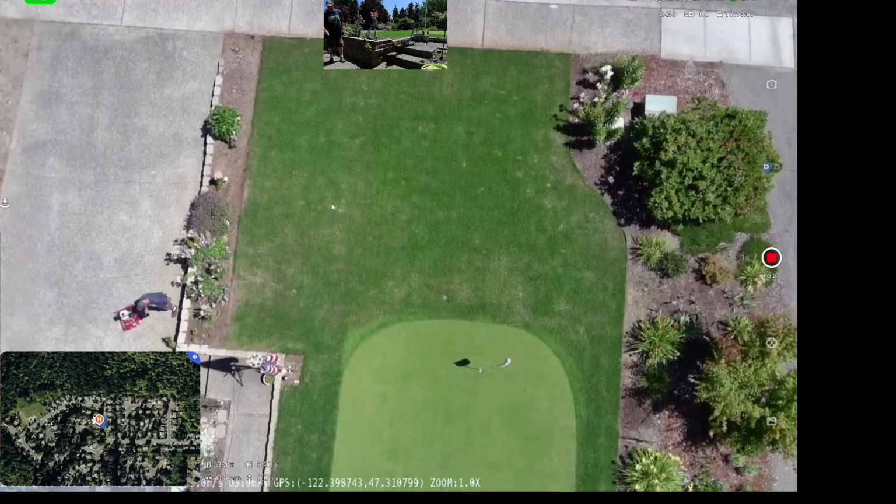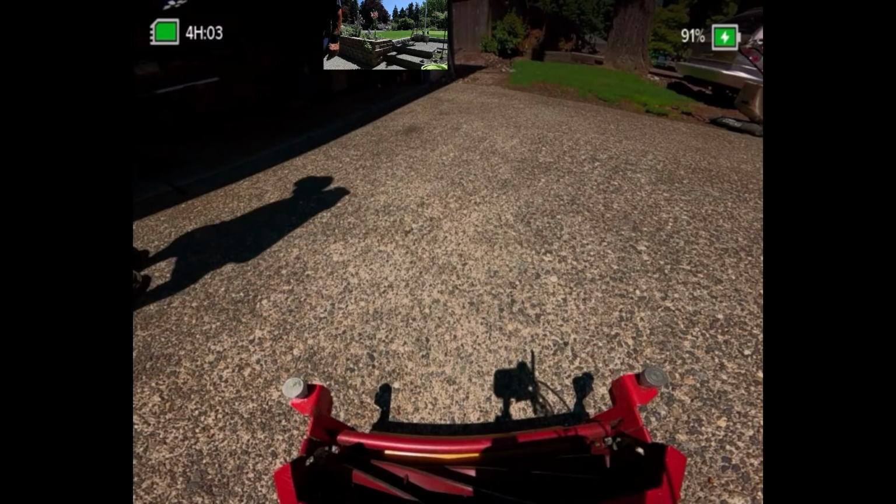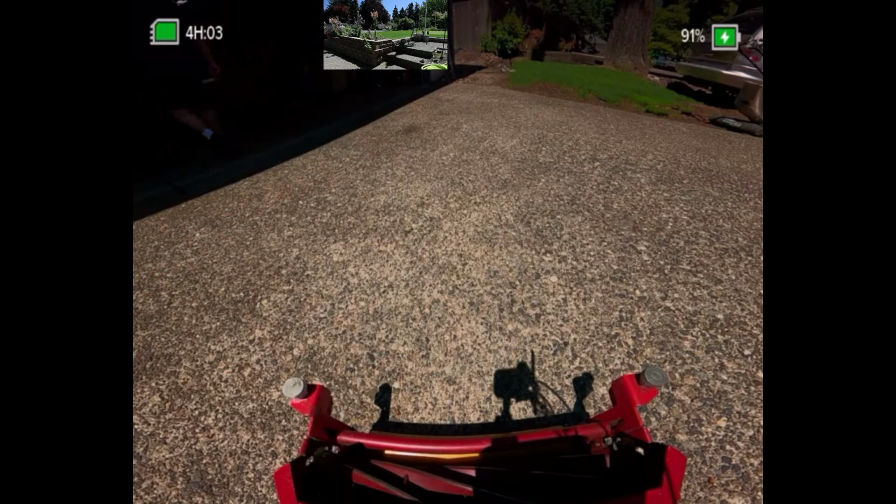With the mower cam, I'm not going to show it as much. I'm going to show it every now and then just to see how the quality is going on it. I just want to see that it's working.